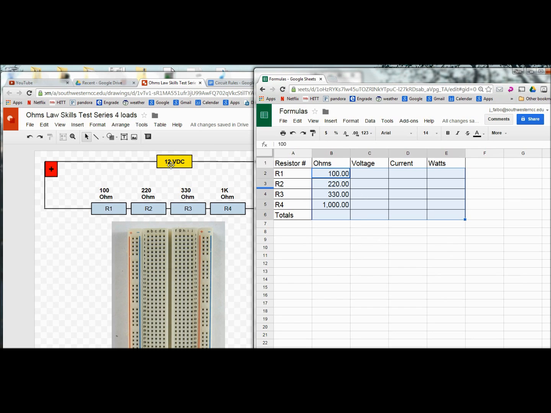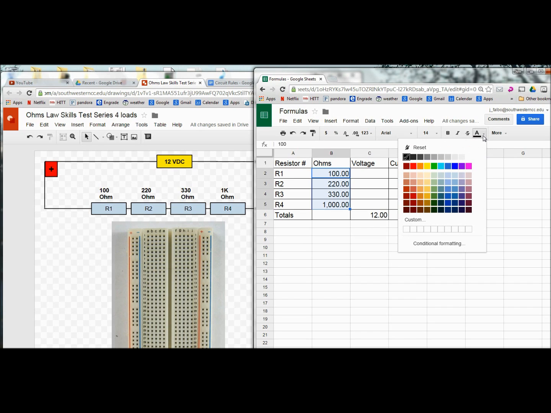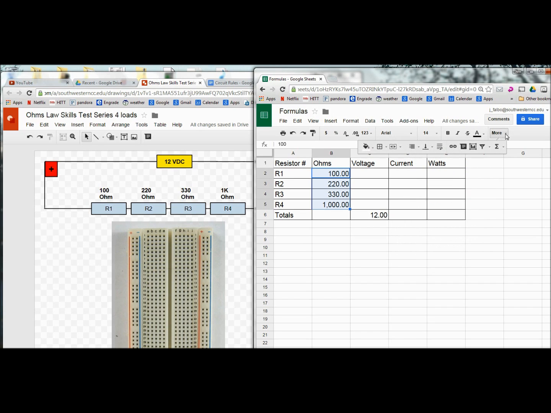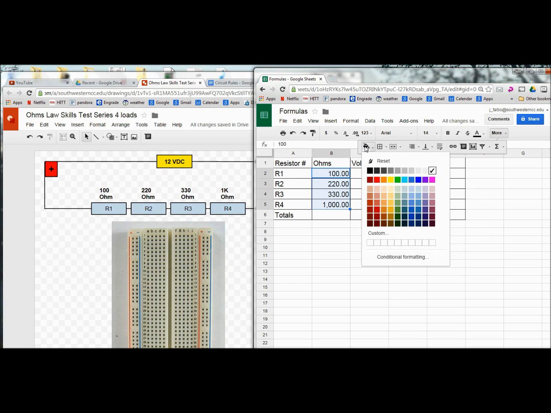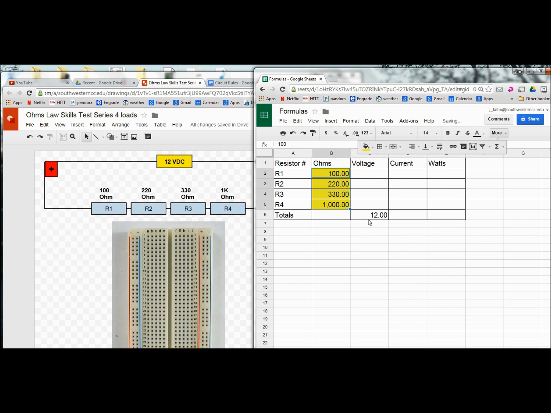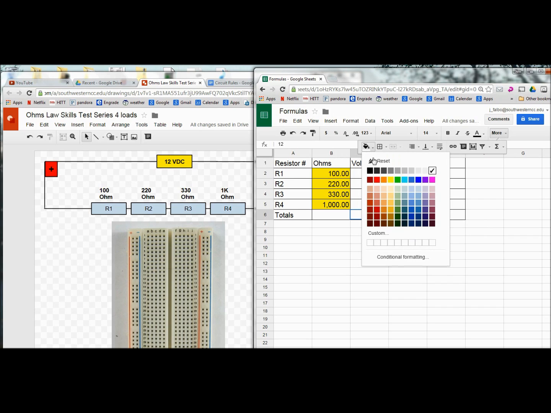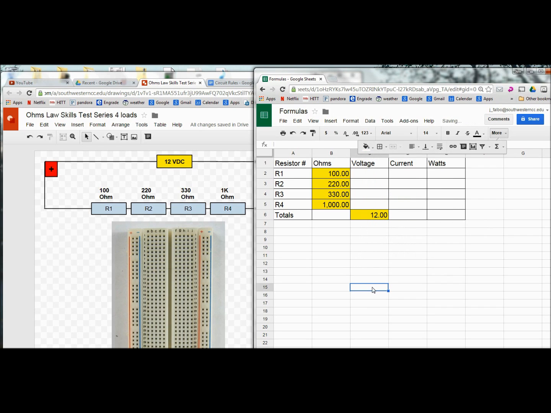Now I'm given my total voltage, so in my total column I can put in my total voltage, 12 volts. Notice it automatically gave me the 2 decimal places. Now these are my known values. These are what's given to me in the drawing. So I can select highlighting, which looks like it's hiding on me. There it is. I'm going to highlight those cells, and I'm also going to highlight that cell because I want to remember later on these are my known values. These are the values you can change, and the rest of the